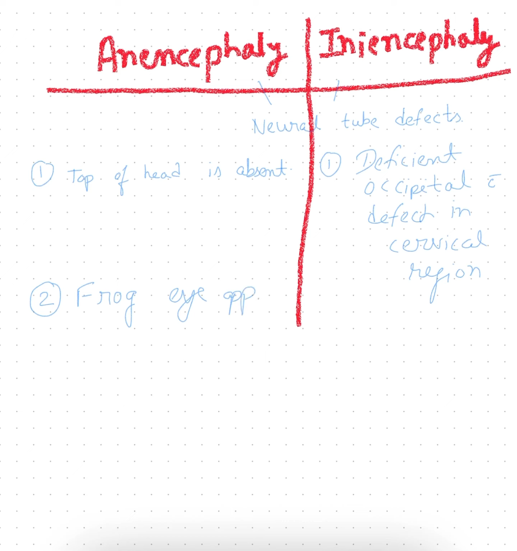Both anencephaly and iniencephaly are not compatible with life, so the fetus will not be able to live long. In iniencephaly, there is the appearance which is termed the stargazing fetus. Because of the defect in the neck region or the deficient occipital bone, the neck is hyperextended and the spine is pulled up, the neck is short.